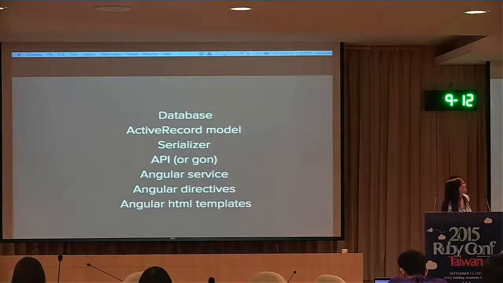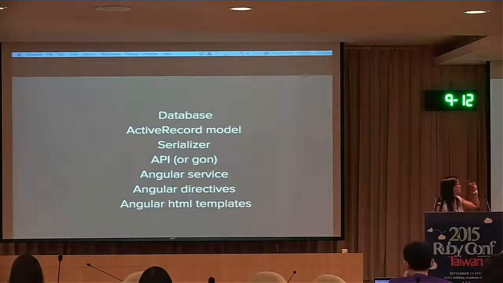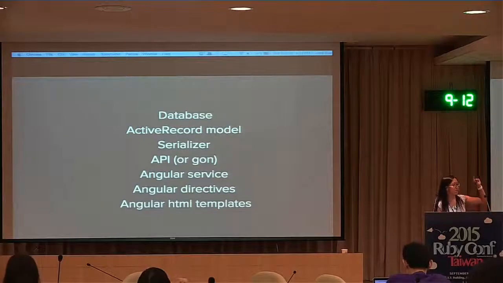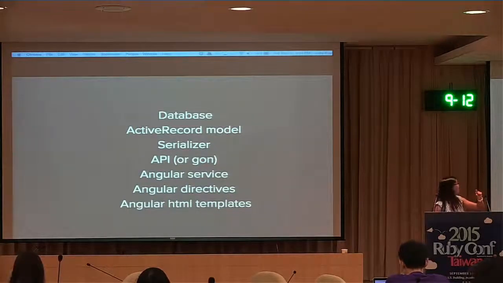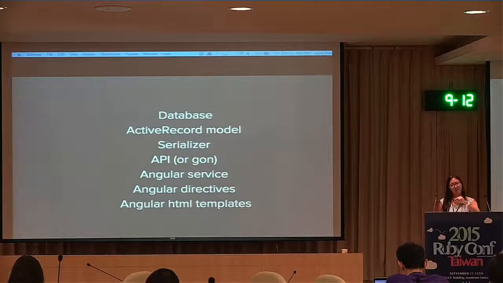So you'll have a piece of information in your database, and then it goes through your Active Record model, and then it goes through usually a serializer, and that goes through an API controller. And in our case, we use a Ruby gem called Rocket Pants to make our API.